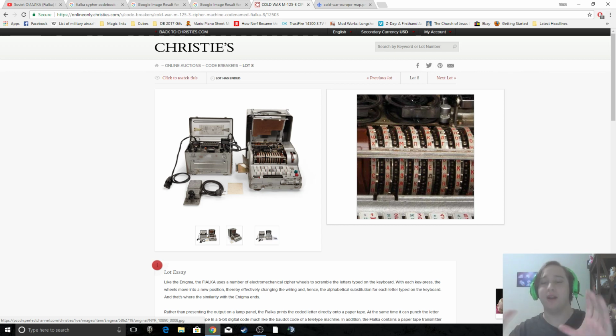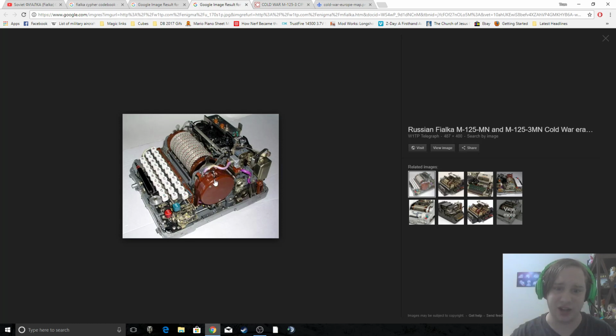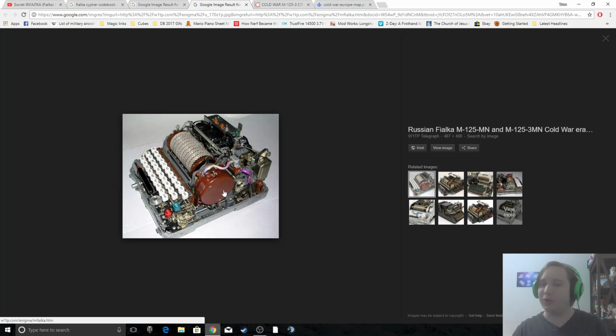out vodka comrade. But what this does is that with every stroke of the key, each individual letter is Caesar ciphered to a different number. And so basically this is like 10 times more difficult to solve than a simple Caesar cipher. All of these get switched around and changed. You can see this capsule here enclosed a circuit that told it how to encrypt and which shifts to make